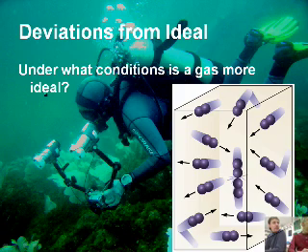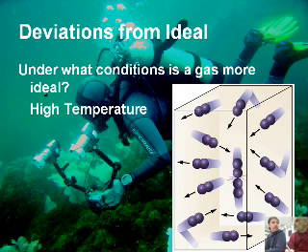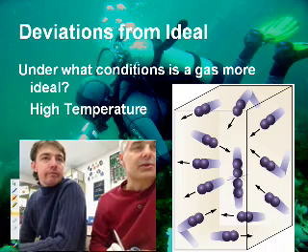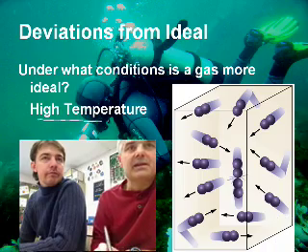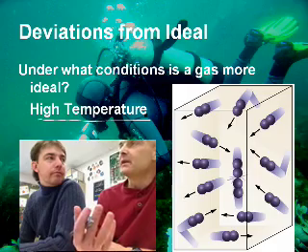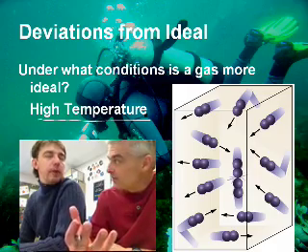I can take this pair of scissors right here, and I could melt the scissors. They're made of iron, and then I could heat them up, and I could turn them into a gas. And then I could make them ideal. But I would need one of two conditions: a very high temperature. So I can make anything ideal if the temperature is high. Now, when I say high, I mean high in comparison to the boiling point of that chemical.